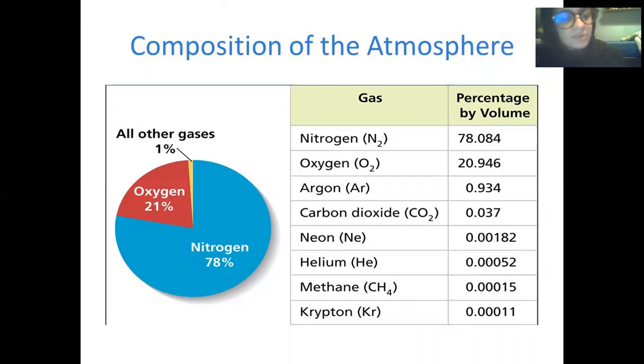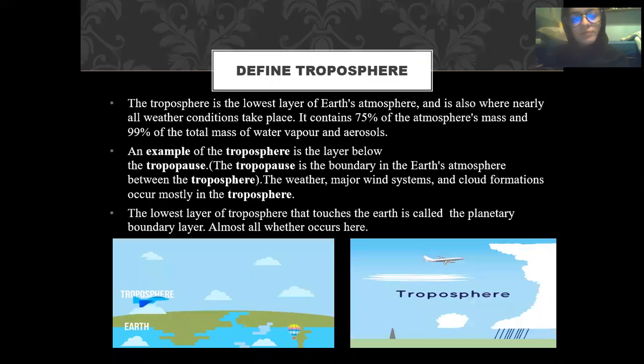All other gases are 1%, oxygen 21%, and nitrogen 78%. Nitrogen is 78% by volume percent. Oxygen is 20.946, argon 0.93, carbon dioxide 0.37, neon 0.00182, helium, methane and krypton. So let's define the troposphere,